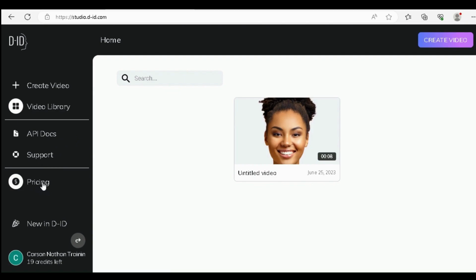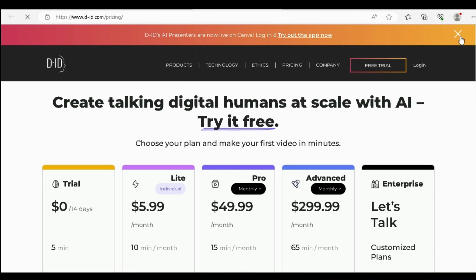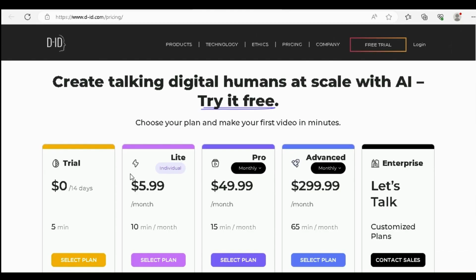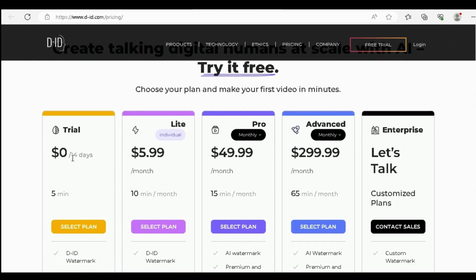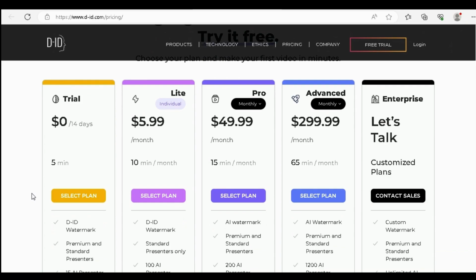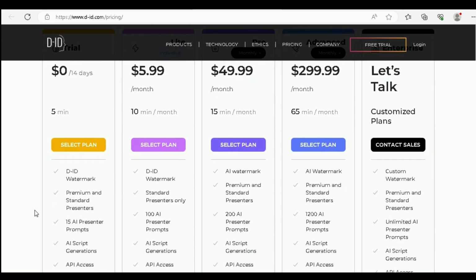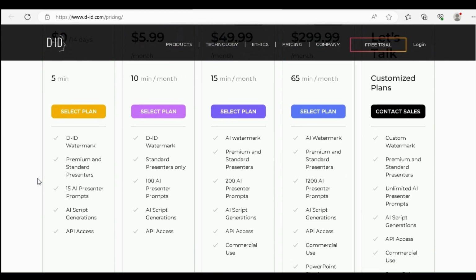Let's go ahead to look at the pricing information before we go ahead to create a video. For pricing for D-ID, you can start with a trial, which is $0 for 14 days, like we said. They're going to give you about 20 credits to start with. So you can select that plan. The only thing is, if you create your videos or if you download your videos, they will have the watermark